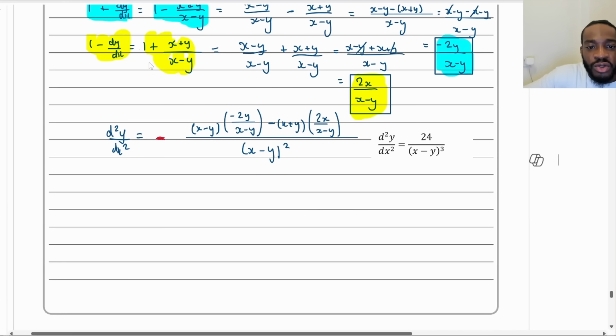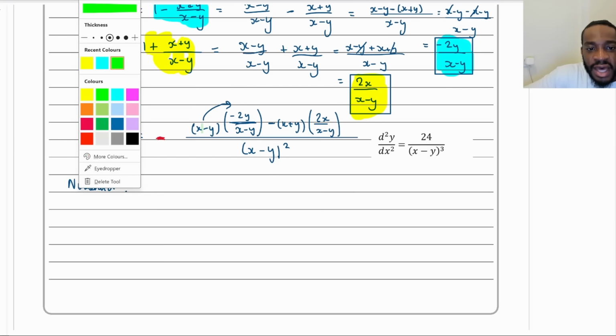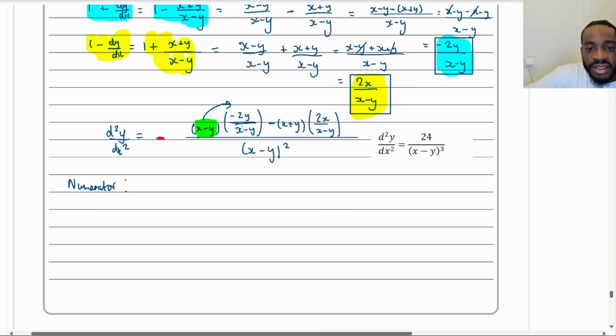All right, so what I'm going to do is I'm now going to times these. Remember, this is a fraction right here, by the way. So when I expand that, I'm going to just work with the numerator only, because it'll be faster to do the work. I'm going to forget about the denominator for now. Okay. So if I do this and that, those two, then this will cancel. That x minus y is timesing, this is dividing, those will cancel. So that will cancel with that. And then I'll be left with